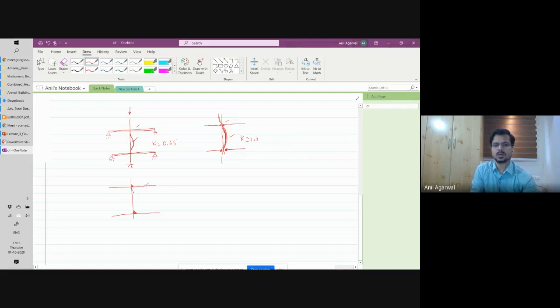So when this column wants to buckle now, it will make this beam also bend. It will make this beam also bend. Or in other words, when this column wants to buckle, this beam will resist it. This beam will resist the buckling of this column and this beam as well. Similarly, this beam also will resist the buckling of this column and this beam as well. So these members, the neighboring elements, start to play a role and they start to affect the buckling capacity of this member or the effective length of this member.